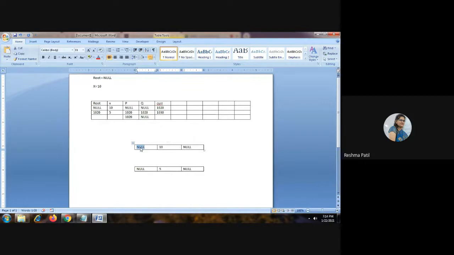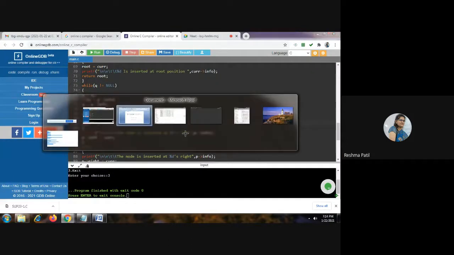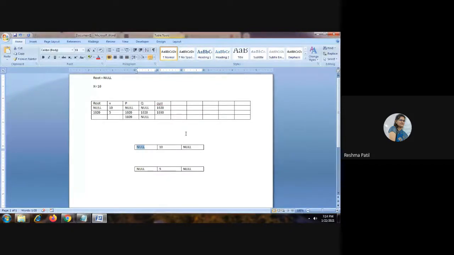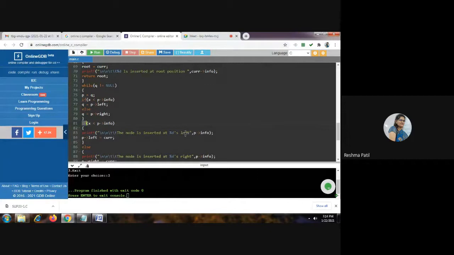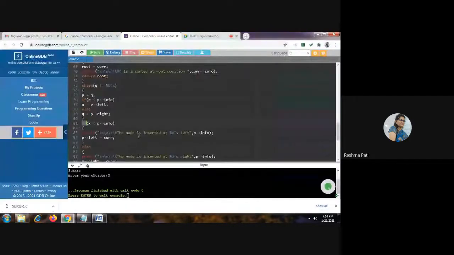Here we are inserting the new node. New node is inserted at 10. That is 5. Here we will get the output: the node is inserted at 10 left.